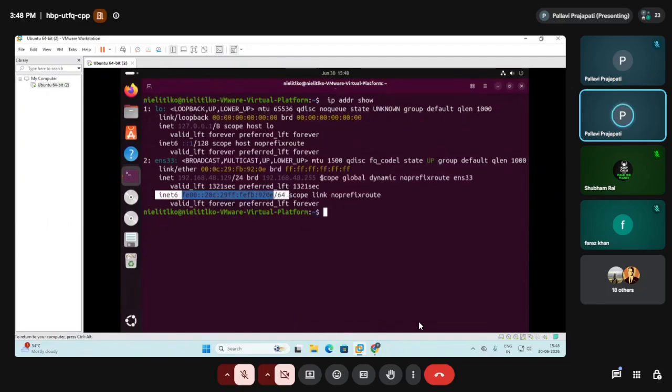So through this first command, ip address show, we can display the IP address information of all the networks present in your system. Maybe the name can be different in your system. Don't think the same name will appear; it may be the same name, it may be another name also. So there can be a difference.